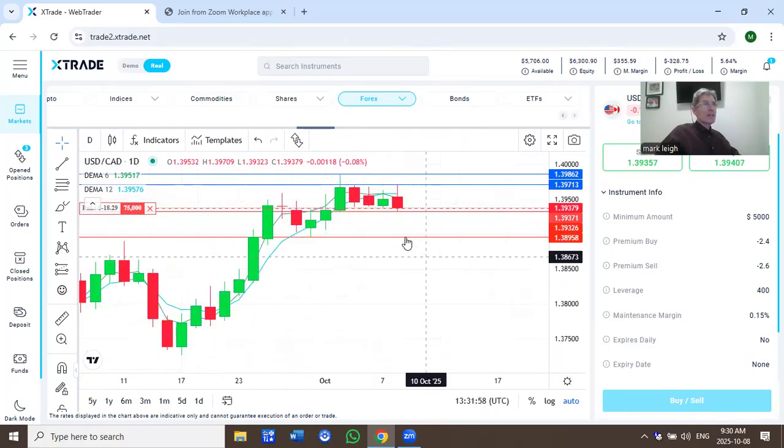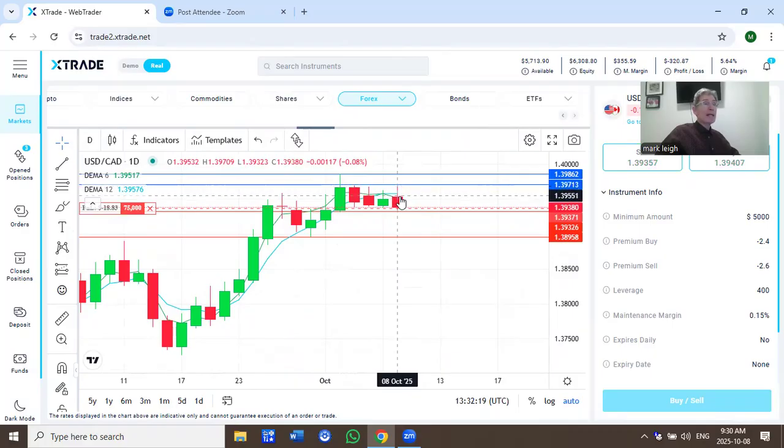US dollar strength to start, although here the Canadian has taken over quite a bit. But there you'll see that's the open price at 139.53. That's the top of the body on a red candlestick. Went up to establish resistance at 139.71 and then came all the way down and now continuing. So that's selling US dollar, buying Canadian, with support right now at 139.37. Let's just zoom in on the